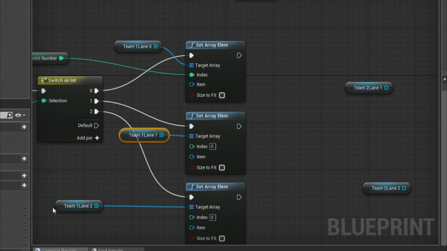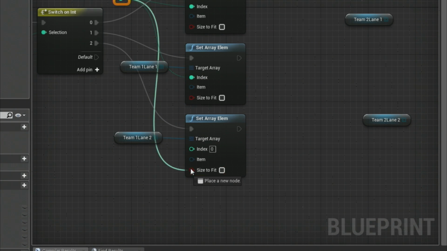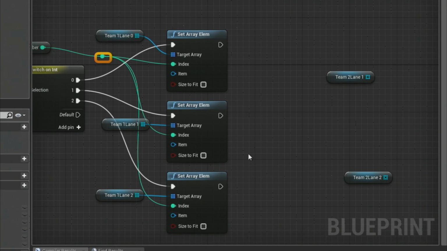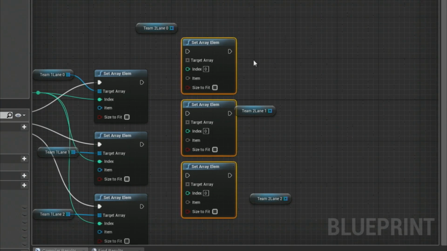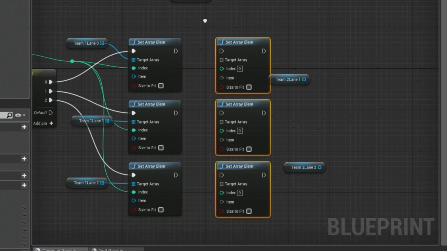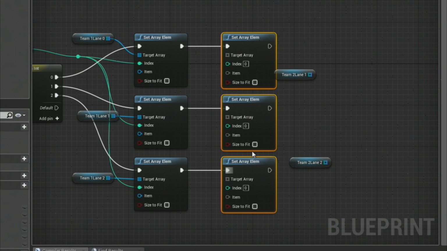Okay, there we go. And then we feed in our index here, creating a mess of spaghetti. And now we need to figure out our return lane. So we want to swap the index to be from lowest to highest.